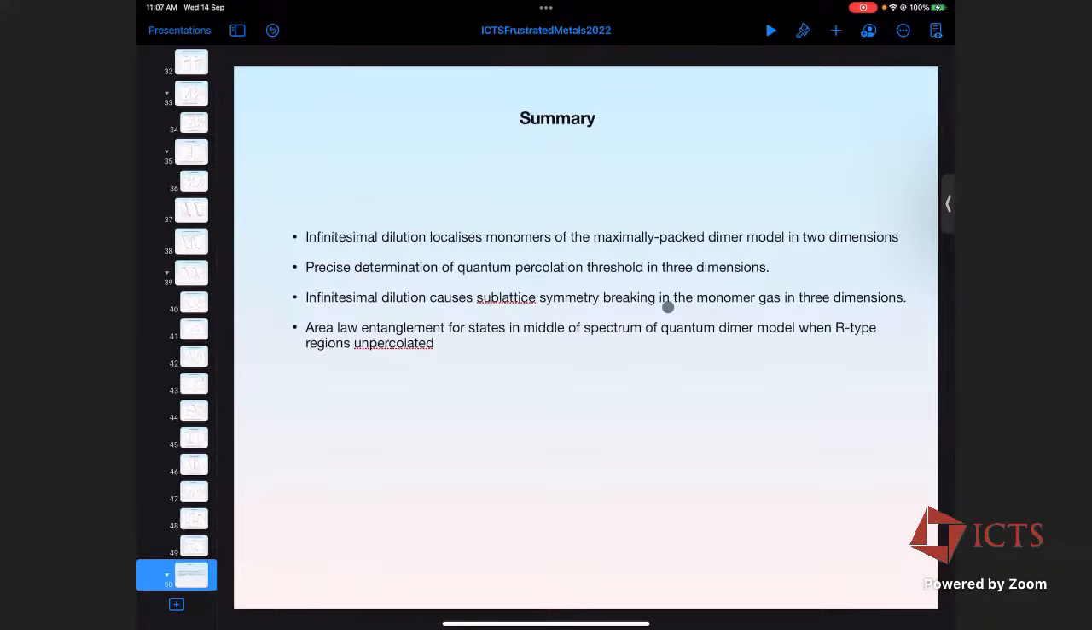There's also some other effect that I won't talk about. And one immediate consequence of this is whenever you can show that R-type regions are unpercolated, you can show, and I won't do this, but it's a simple consequence to derive, that if you just look at the standard quantum dimer model, and you can even put plaquette interactions if you like, then an arbitrary state in the middle of the spectrum will have area law entanglement, not volume law entanglement,